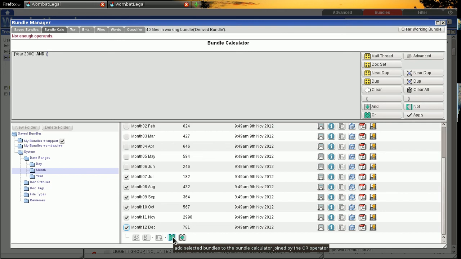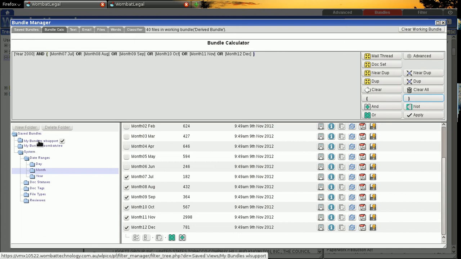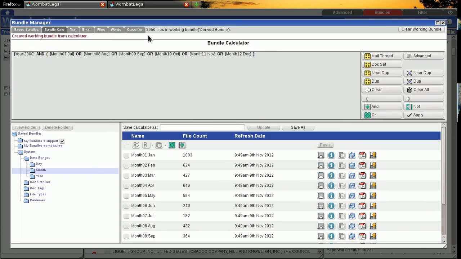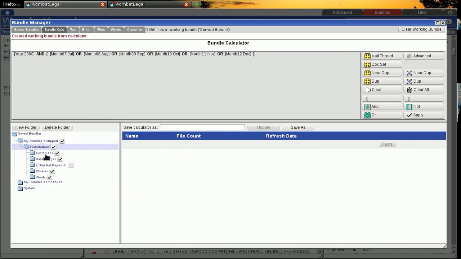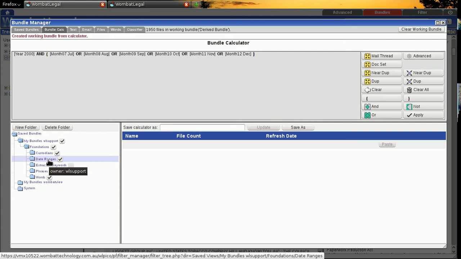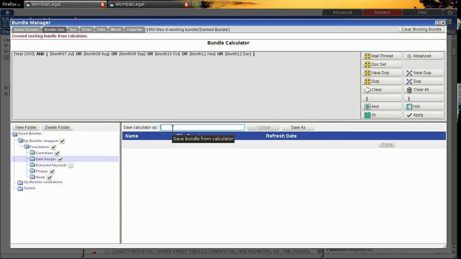here we have some buttons which allow you to create quite large expressions in one shot. So this will take all of those bundles and OR them all together at the press of a single button, and that enables us to create a date range which is the latter half of the year 2000. So I'll apply that, so that'll buzz away, and we've got 1950 documents there, and I'll save that in my foundations in the date range area, and I'll call it